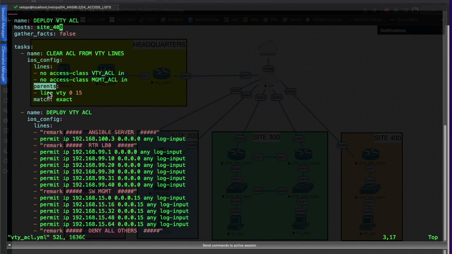Our parent is going to be our line VTY 0 through 15. And then we're going to make sure that we don't have either of these access lists on that VTY line or on any of these VTY lines. So we say no access class VTY ACL in and no access class management ACL